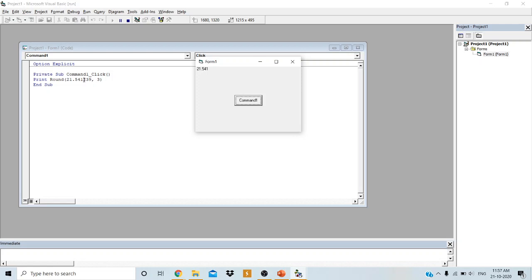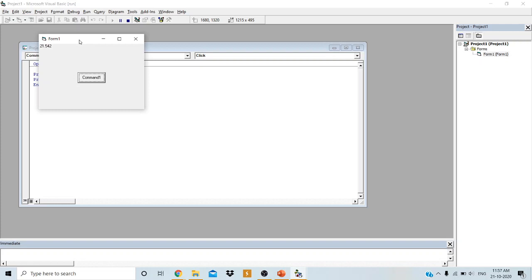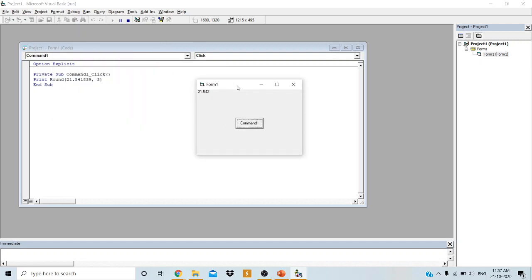If instead of this 3 you provide 5 and the number is 21.5416, what happens here? 21.542. If the digit is greater than or equal to 5, then it will round off to the next number. See, 21.542. Got it, everyone?